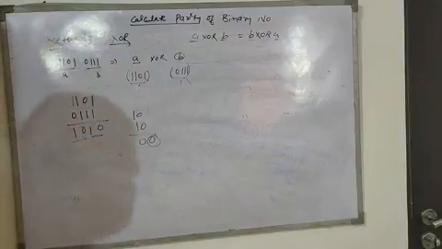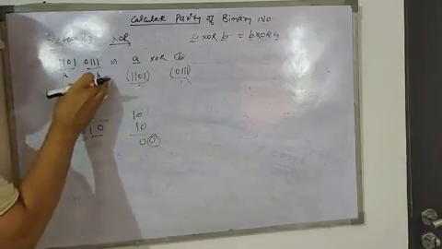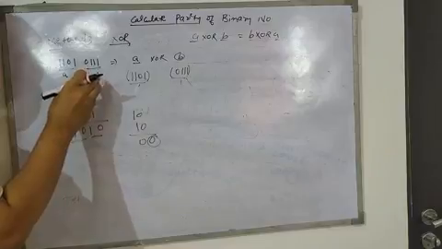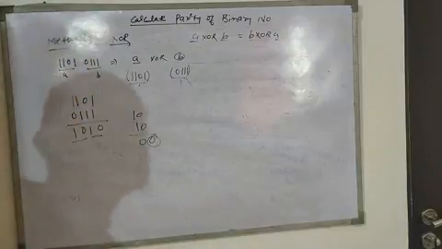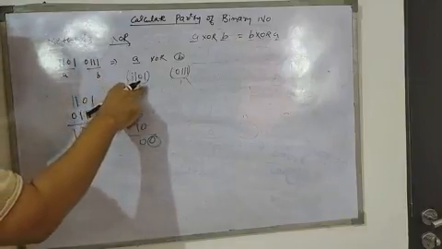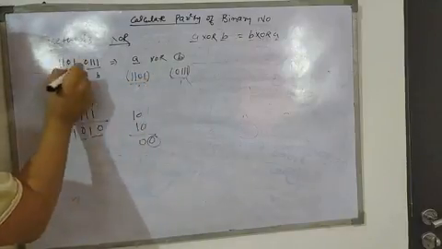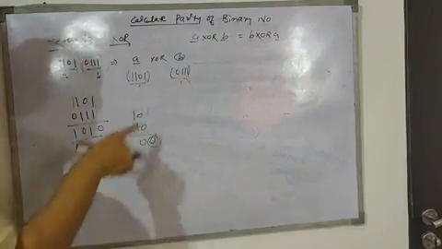So what is the algorithm? If you want to calculate the parity of the whole number, you can divide the problem into two halves. If I divide this number into two halves, then it will be 1 1 0 1 and 0 1 1. This is my A and this is my B. Then take a XOR between these two.